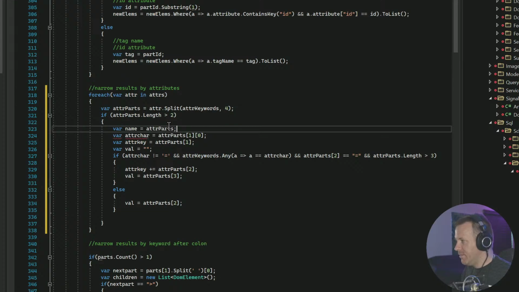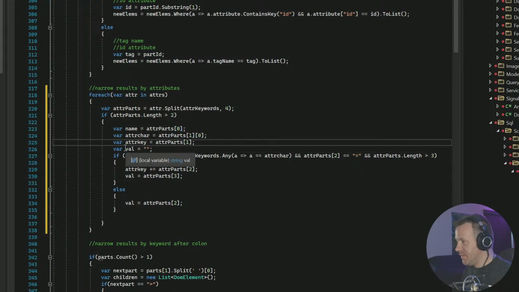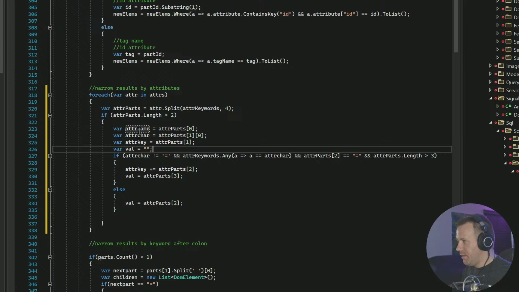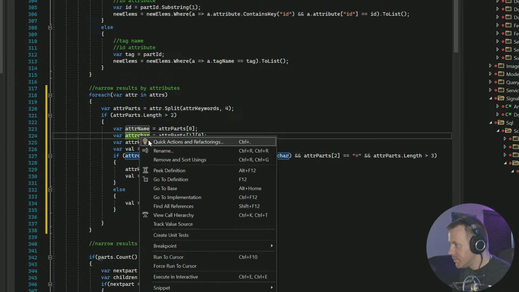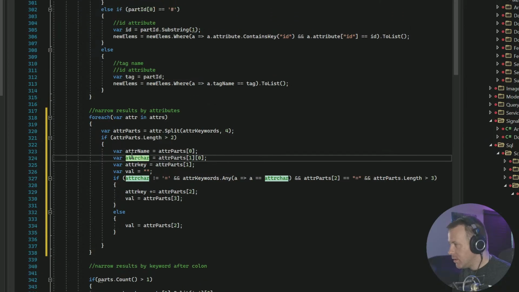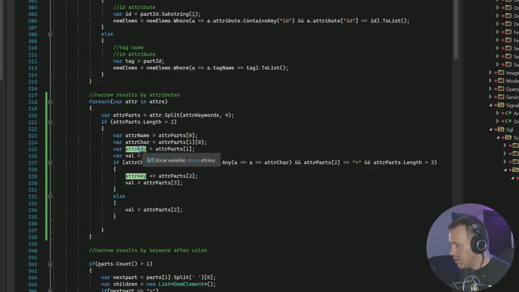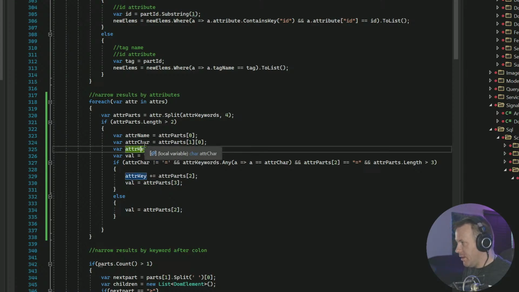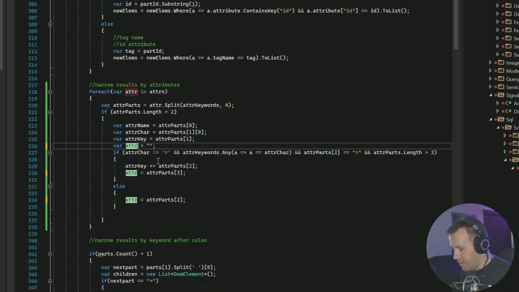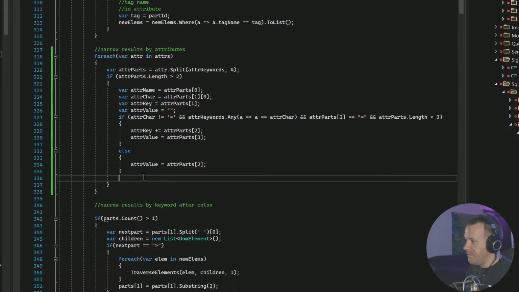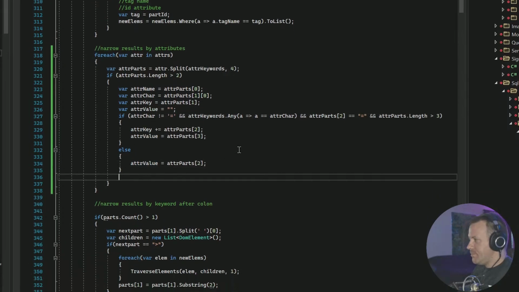Name. There. The name will be the first part. Name, key, name, character key, and value. All right, so now that we have that,